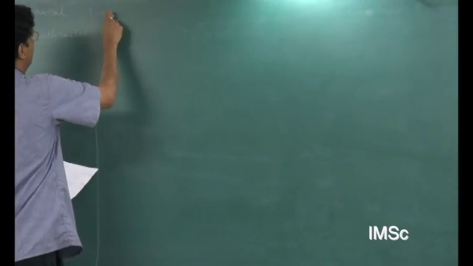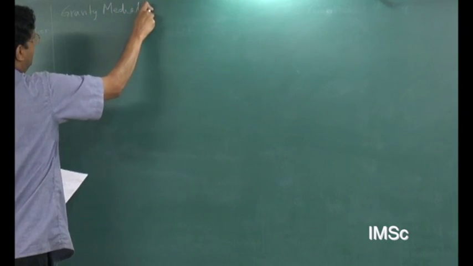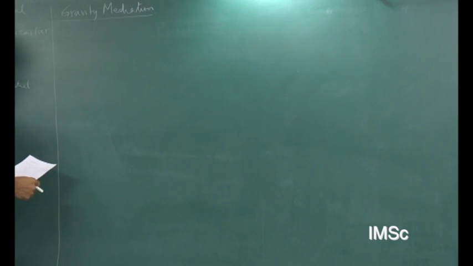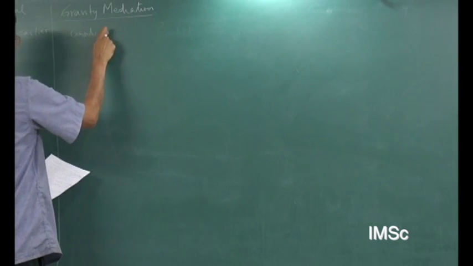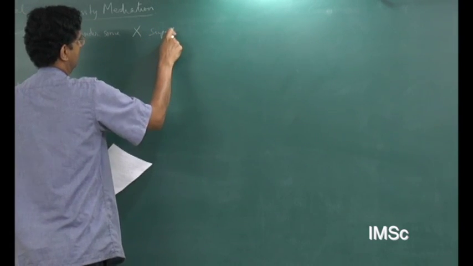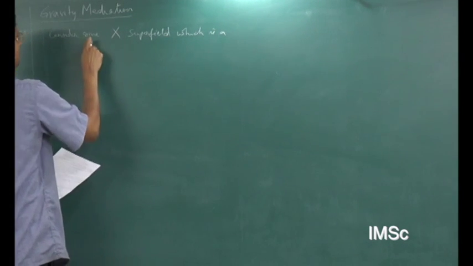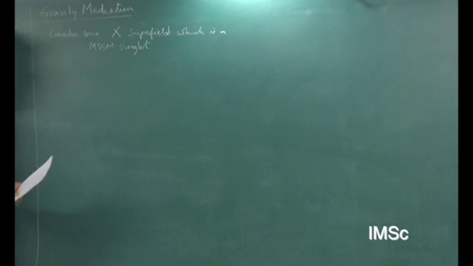Okay, so now let's start talking about gravity mediation. So consider some X superfield which is an MSSM singlet. So it does not have any standard model quantum numbers or MSSM quantum numbers. So consider such an X